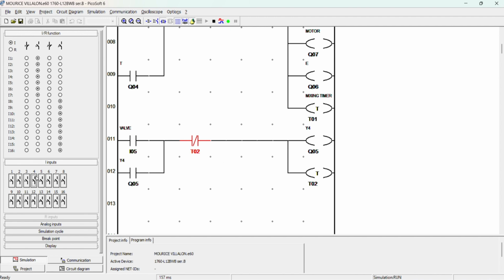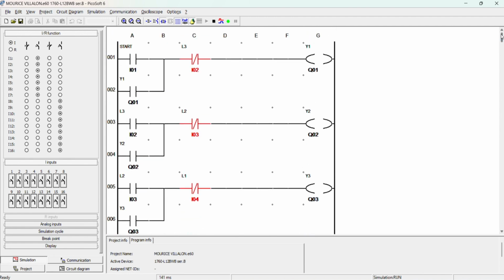So I simply push this button. Let's take a look. The input 5. Here, let's consider that they release all the liquids. After 5 seconds, we will consider it all done, and the valve is automatically closed. So this is the cycle for the variety of liquids automatic blending machine.